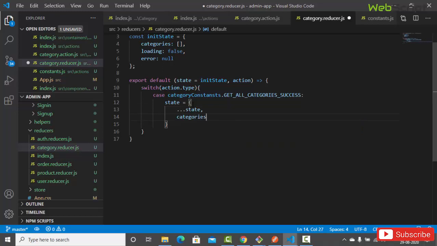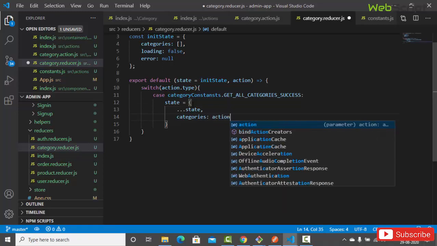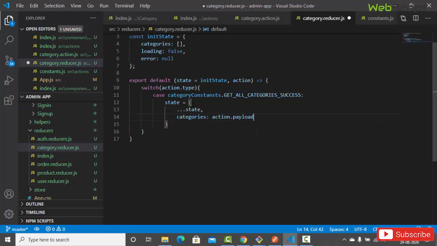So if it is a success, then we are going to get the categories, right? Action dot payload dot categories, right? Now save, and then return the state. Okay, we'll say state over here. Also, after completing the case, let's break,